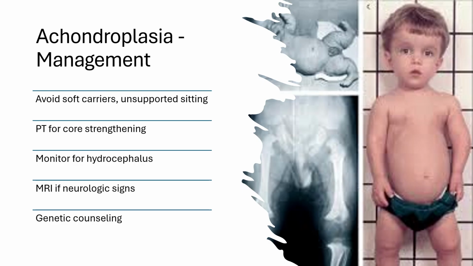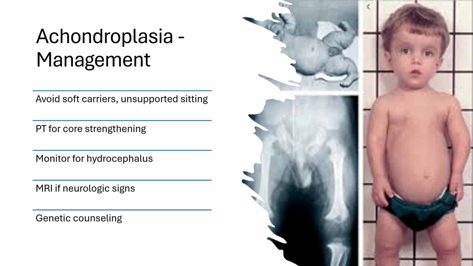The instruction to avoid soft carriers and unsupported sitting addresses the critical vulnerability created by foramen magnum stenosis combined with hypotonia. Picture how a soft carrier might allow the large, heavy head to flex forward onto the chest, potentially compressing the brainstem through the narrowed opening at the skull base. Similarly, unsupported sitting places the baby in a position where the head weight could create dangerous flexion forces on the